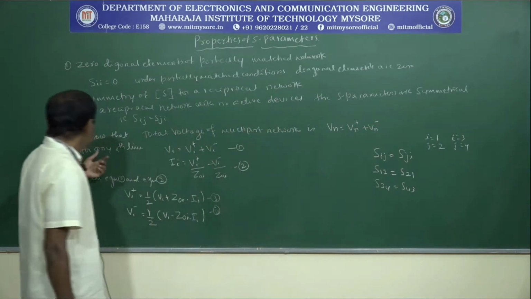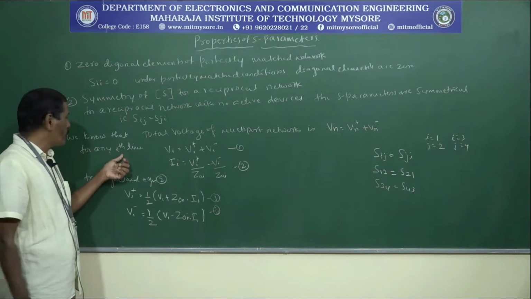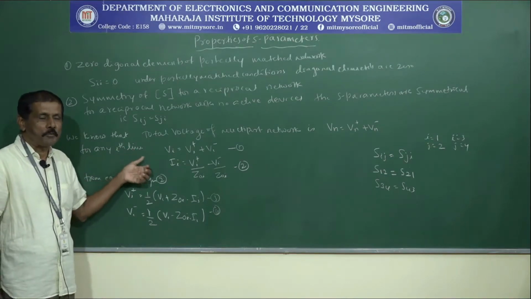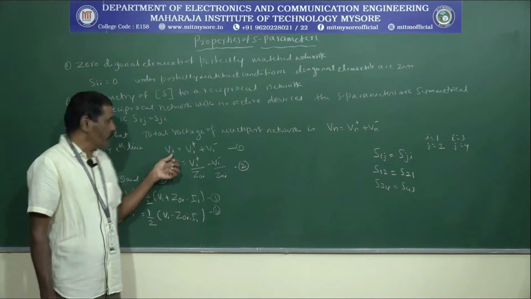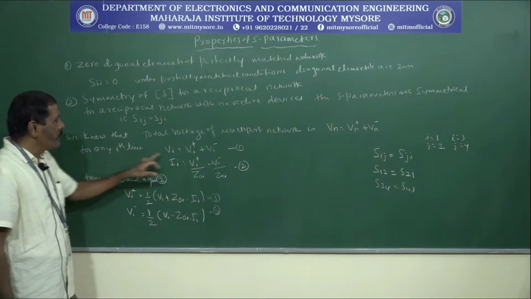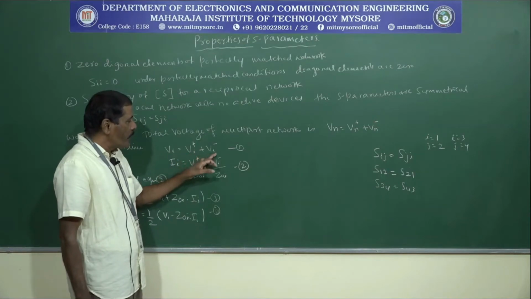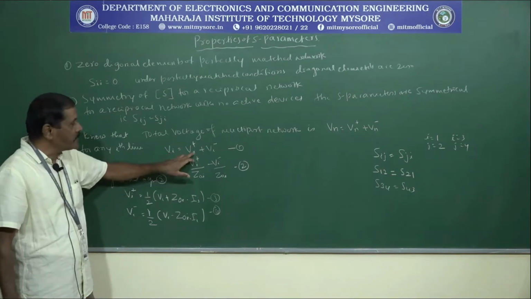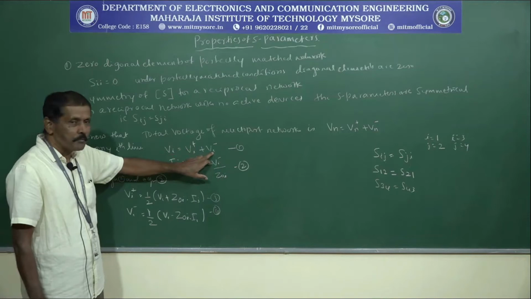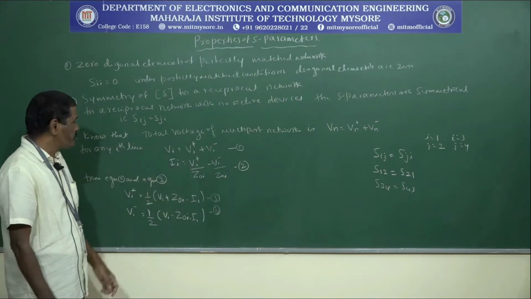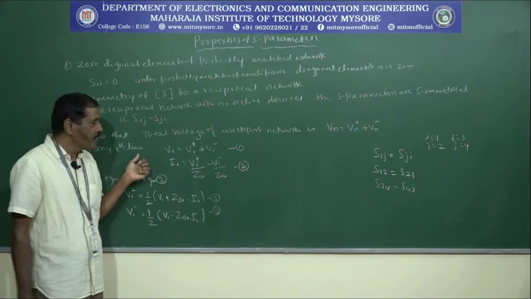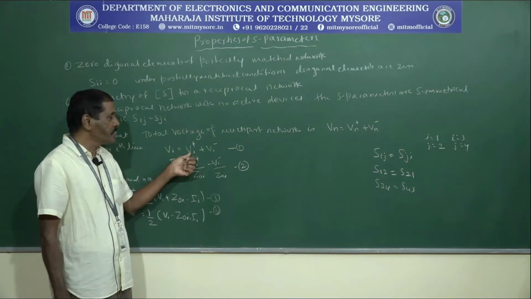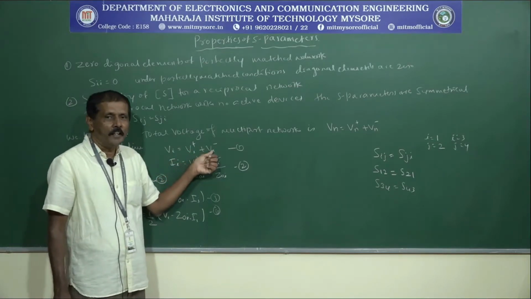So, whatever symbols have been shown, plus and minus, one indicates the incident and the other indicates the reflected voltage. Then for any ith line, because for a multi-port network we have n number of lines, for any ith line, i may be 1, 2, 3, 4, 5, like this, then Vi equal to Vi plus plus Vi minus. That is, for a particular line, the voltage at that line is the sum of the incident voltage and the reflected voltage. I am repeating once again, for any ith line, the voltage in that particular line is the sum of the incident voltage and the reflected voltage.